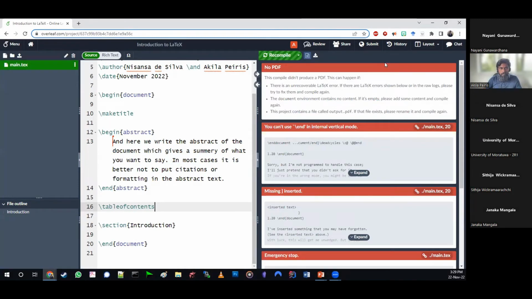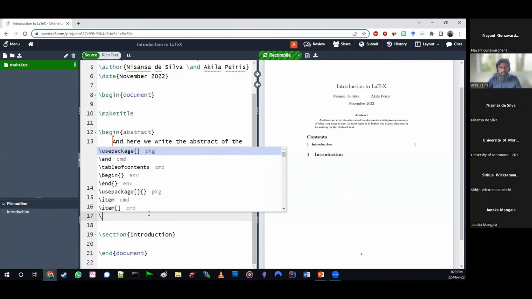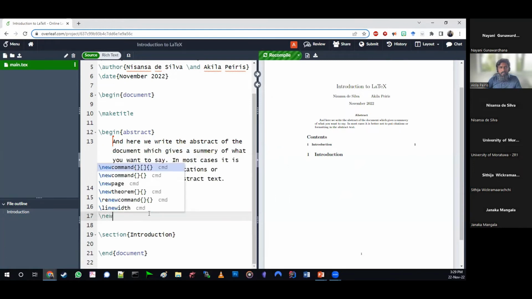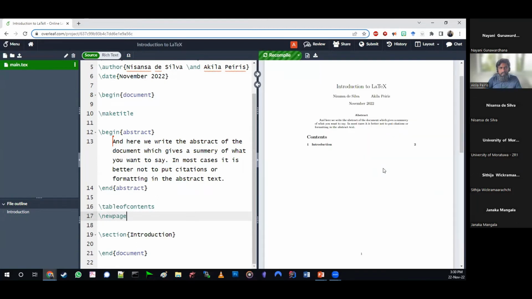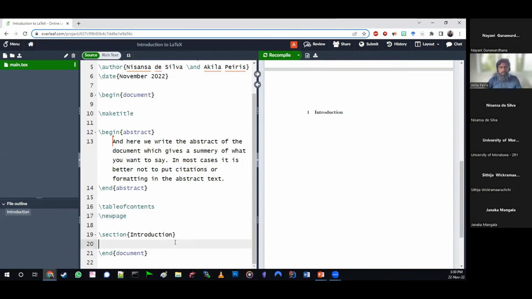Righty. So you can see the introduction on the first page is automatically created. Now if you want to say these things have to start on a new page, you can just say new page. So here's the table of contents, and the introduction is going to start on a new page. I'm going to type something like, this is a main table and a main page, right?